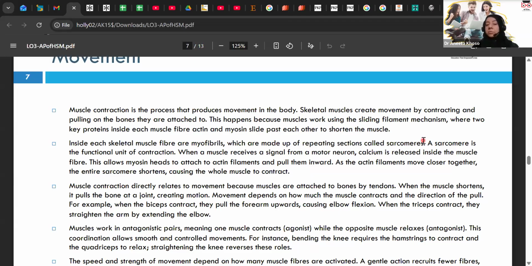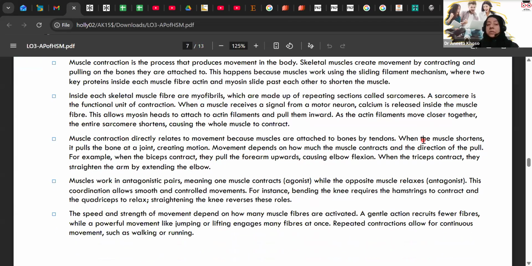For instance, when the biceps contract, they pull the forearm upwards at the elbow, causing elbow flexion. When the triceps contract, they straighten the arm by extending the elbow. So muscles work in antagonist pairs, meaning one muscle contracts, which is the agonist, while the opposite side relaxes, which is the antagonist. This coordination allows smooth and controlled movements. Bending the knee requires the hamstrings to contract